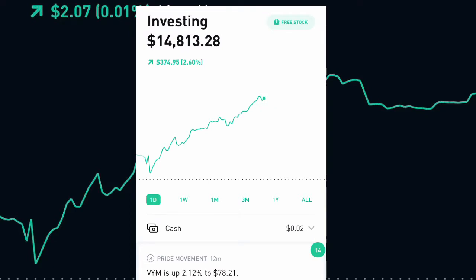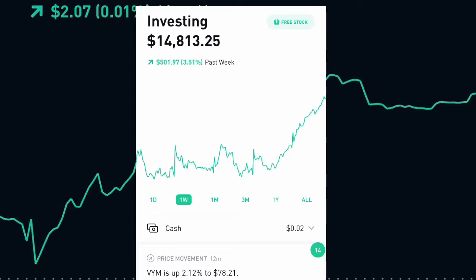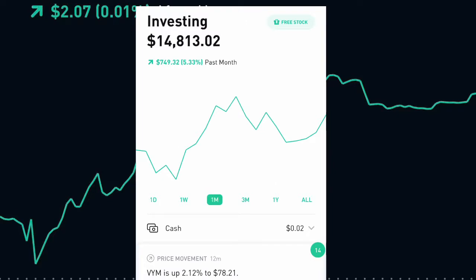All right, so here's the portfolio. Right now, it's $14,813.56. On the day, I'm up $375. But when we go to the week, I'm up $500. On the month, I'm up